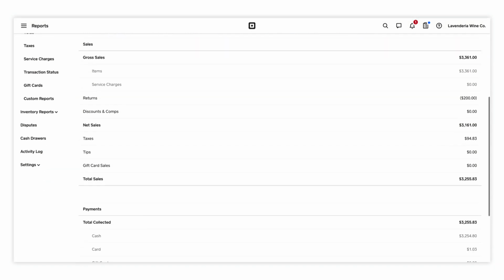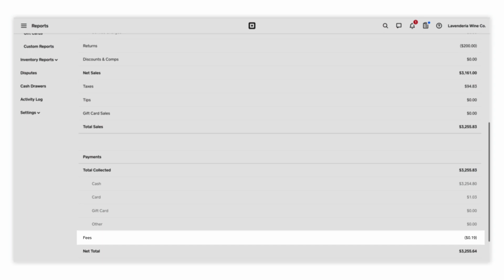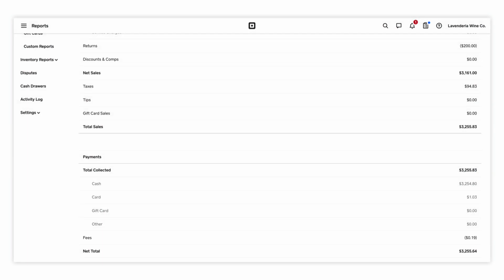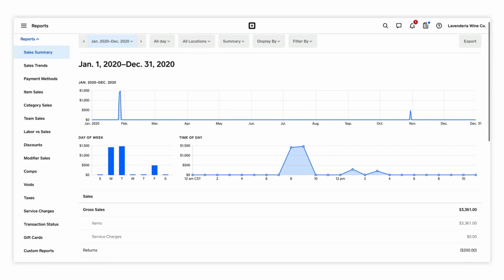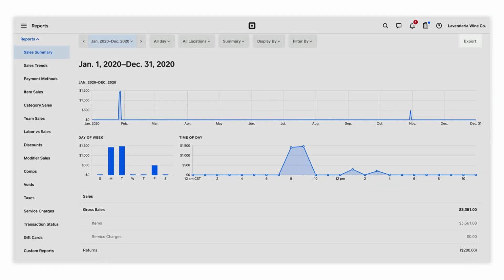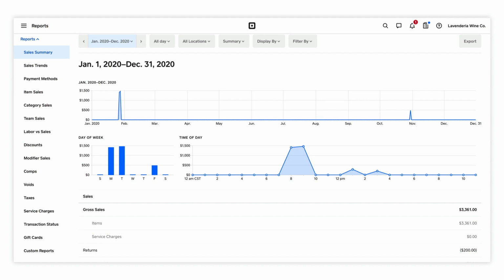A lot of sellers ask us where they can view their fees paid to Square. Your transaction and summary of fees will populate for the date range you selected. If you'd like, click Export to download a CSV spreadsheet. You can pass the exported sales report to your tax professional or keep a copy for your files.